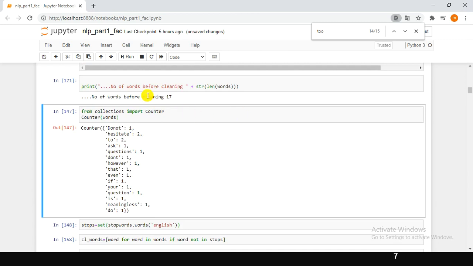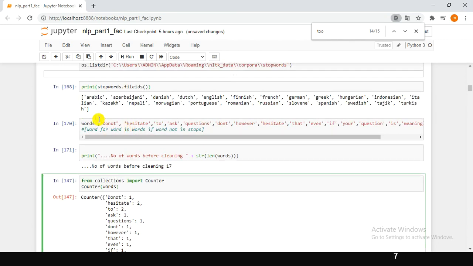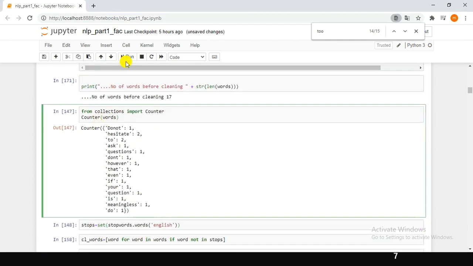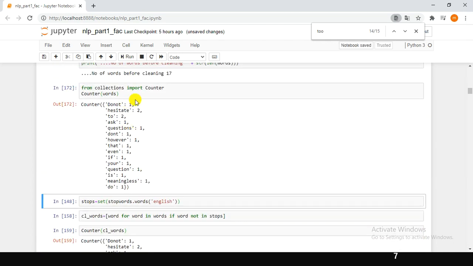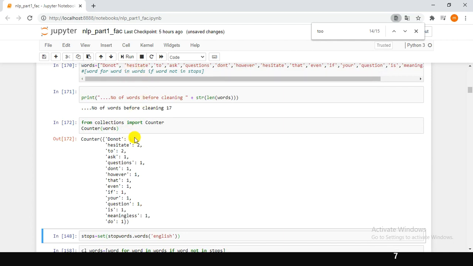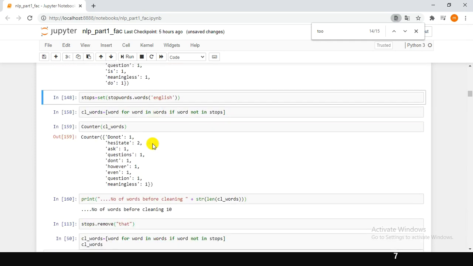And apart from this, I have a method called Counter that is available as part of a package called collections. Using Counter, I check the number of occurrences of each element of my list. It shows do not appears only one time in the list, whereas hesitate and do appear 2 times, and so on.